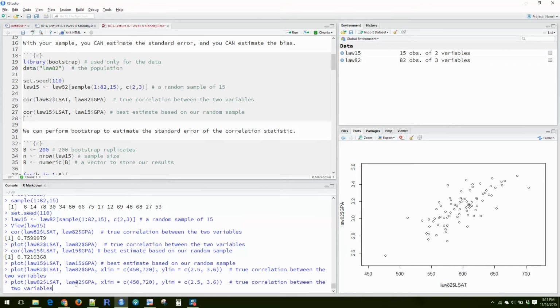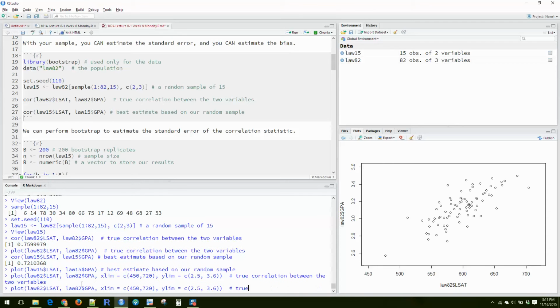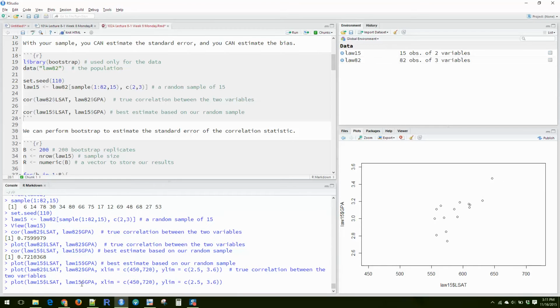Okay, so there's that one, and then maybe we can see the 15 that we've selected. So here's all 82 schools, and these are just the 15 that I've selected. Based on these 15, we're going to try to estimate the correlation between